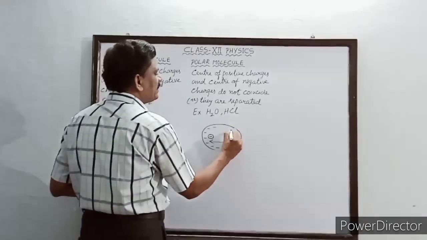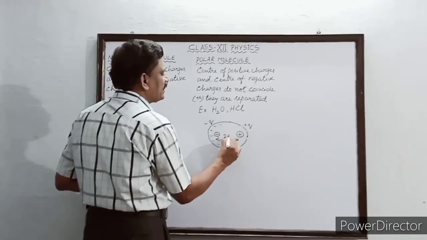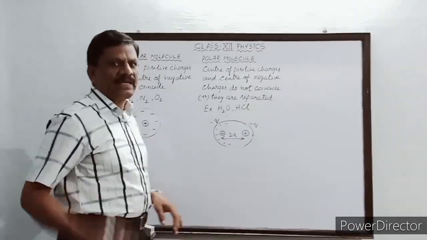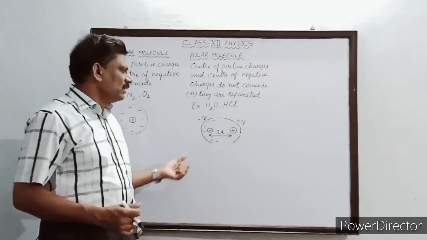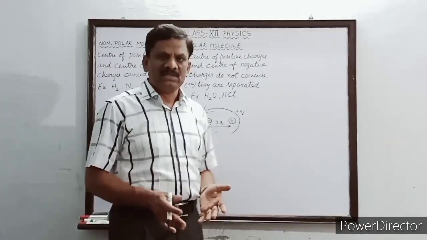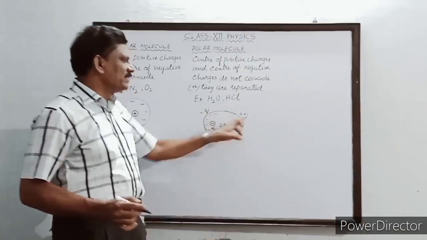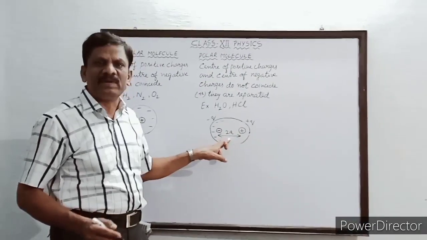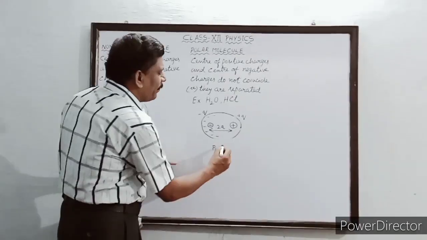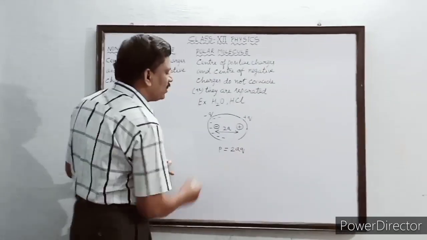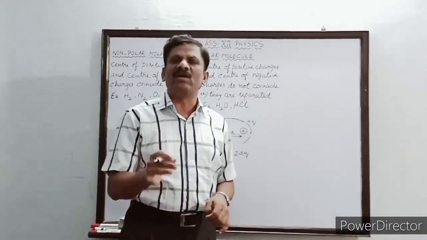You take, for example, this is a plus q and this is a minus q, and the distance of separation is 2a. Can you recall? It is an electric dipole, and it has a dipole moment. So what is the definition of electric dipole moment? It is the product of one of the charges making the dipole and the distance of separation between them. We have already studied that the magnitude of the dipole moment p is equal to 2a into q. So such molecules have a dipole moment of their own.